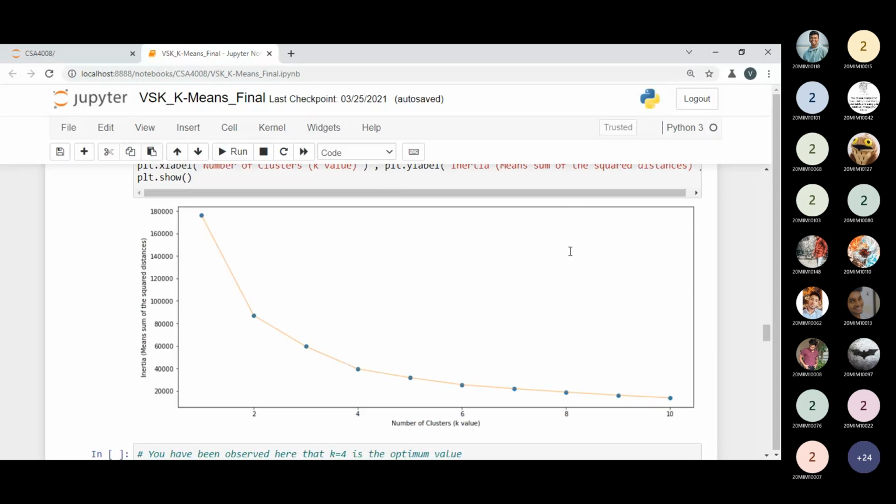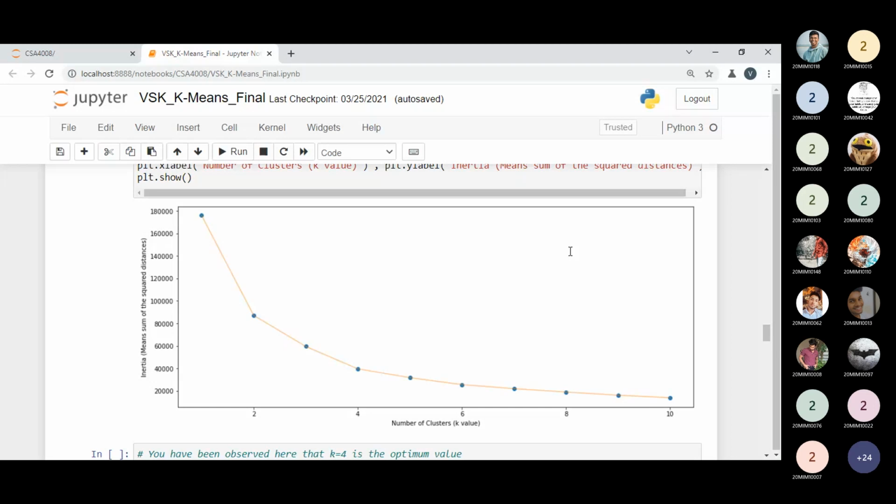Now it is clear to all, right? Can you tell me which is the point where the arm has its elbow? What is the k value? Yes, it is 2. We can see it is 2, or we could take 4 as well. Whatever you want, you can take any value, no one will stop you. But from this point, our value is 2. So k is 2, that is the optimum k value.